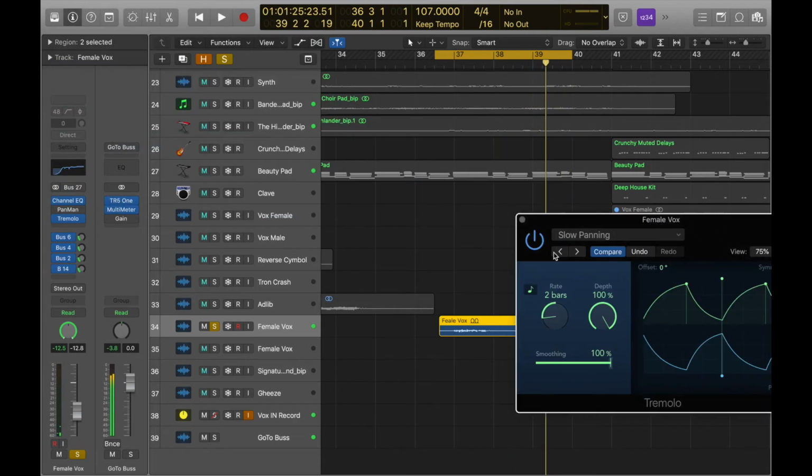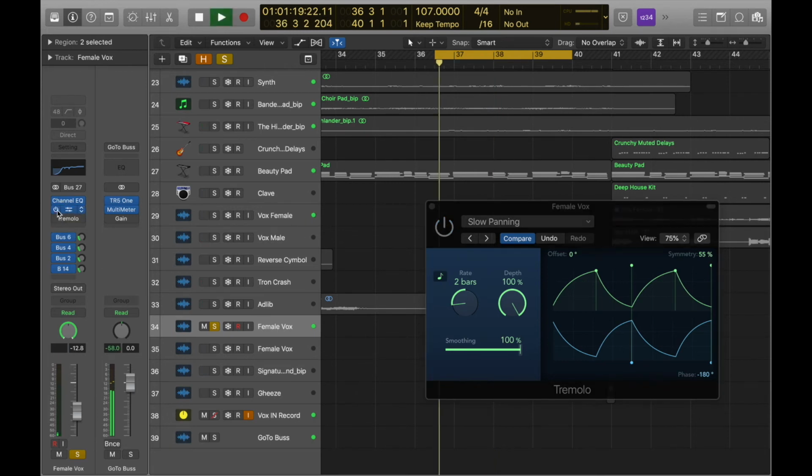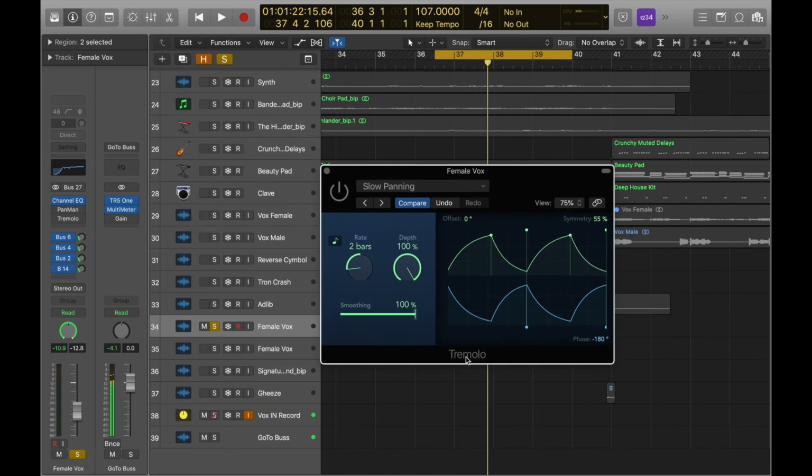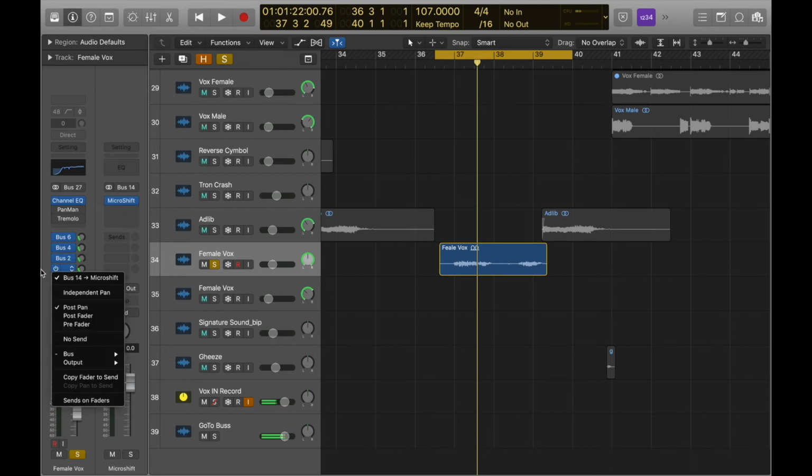It's almost the same thing as when I use the PanMan. I think you can use a lot of stock plugins to achieve the same thing. All right, let's use the PanMan. I don't see a big difference, so you don't need to have PanMan to do that left to right thing that you've been looking for to do in Logic. You can use the tremolo effect to do that. Anyways, you get what the idea is, and I'm just sending it to a bunch of reverbs, a bunch of delays, and